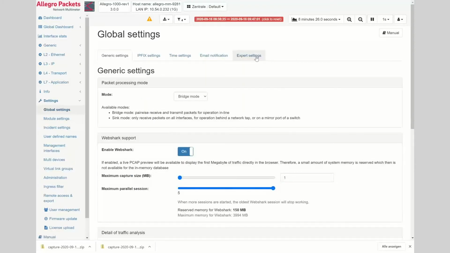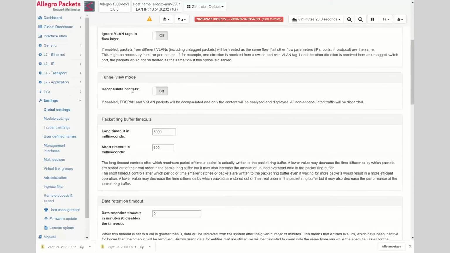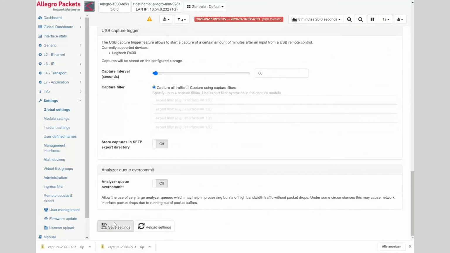We decided to add this feature at generic settings to the tunnel view mode. Up to now, if we have ERSPAN packets, we can decapsulate them, for example, in a PCAP or so. We added to this tunnel view mode also VXLAN. So if you have a VXLAN installation, just turn on this mode. Don't forget to press Save Settings.